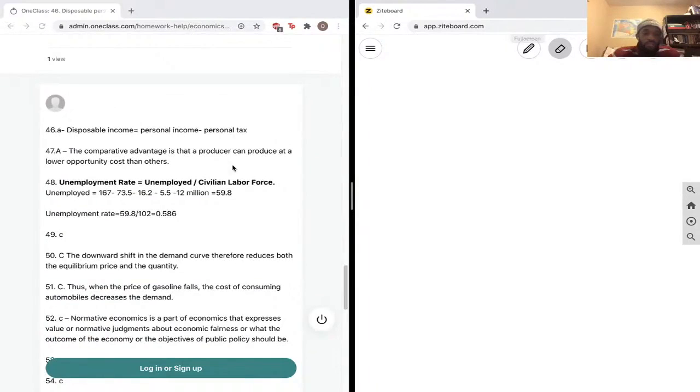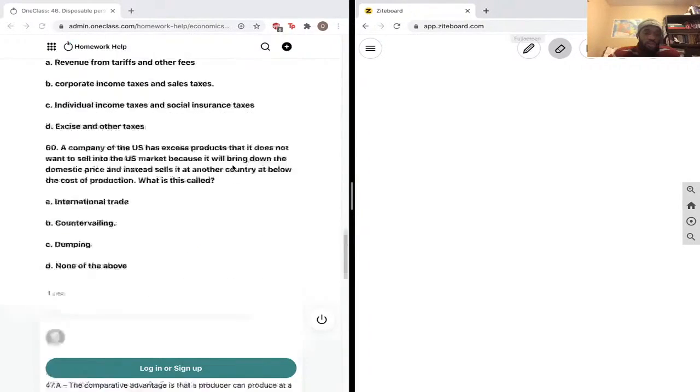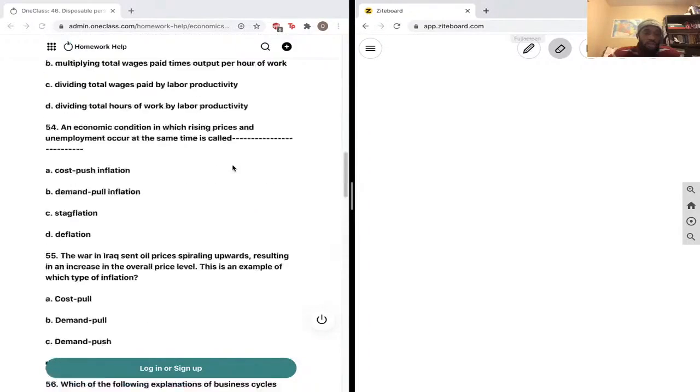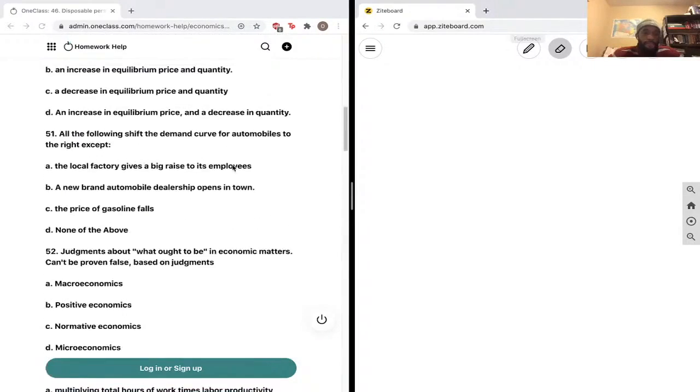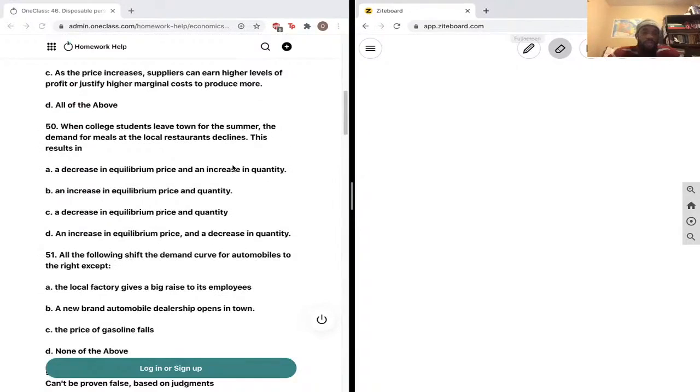C, a downward shift in the demand curve, therefore reduces both the equilibrium price and the quantity. Let's look at the question again. When college students leave town for the summer, the demand for meals at the local restaurant does decline. So that does make sense. It would decline, and because it has declined,